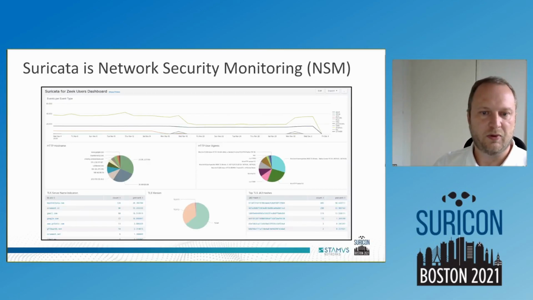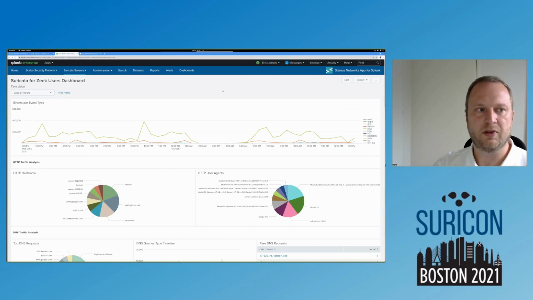So as I mentioned before, Suricata is also generating a lot of events for different protocols on the application layer. And we're going to see what we can do in the Splunk app to exploit this information. So this is the Suricata for Zeek user dashboard. It contains the usage of some metadata generated by Suricata over the application layer. As you can see here, we've got DNP3, DNS, file info, flow, HTTP, NFS, SMB, TLS. We've got quite a lot of protocols.